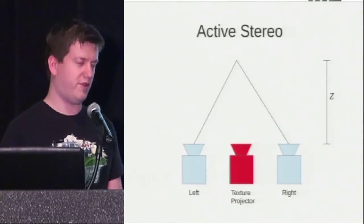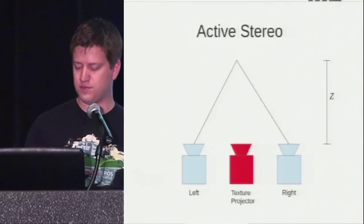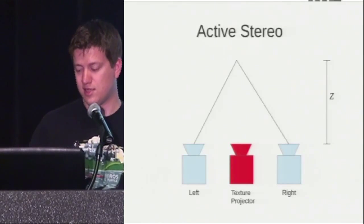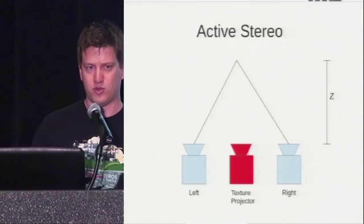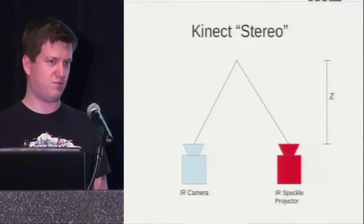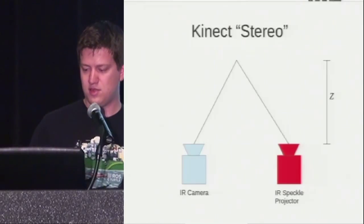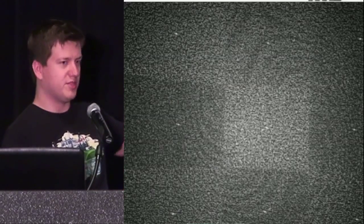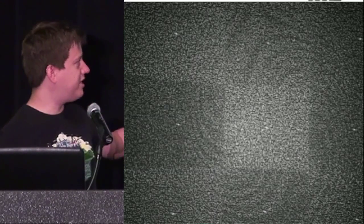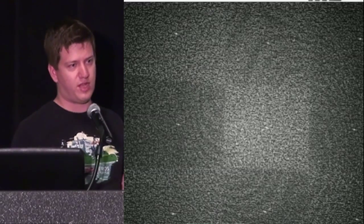PrimeSense, which is the company that developed the depth sensing technology that Microsoft licensed for the Kinect, had this very nice insight that if you're already projecting texture onto the scene, you actually don't need the right camera. You can use the projector itself as your right camera. And so what they're doing is projecting this IR speckle pattern out into the world. During the factory calibration, you point this at some wall that's a known reference distance r away, and you record an image of what the speckle pattern is. And this takes the place of your right stereo image. You just put this in flash memory on the camera,